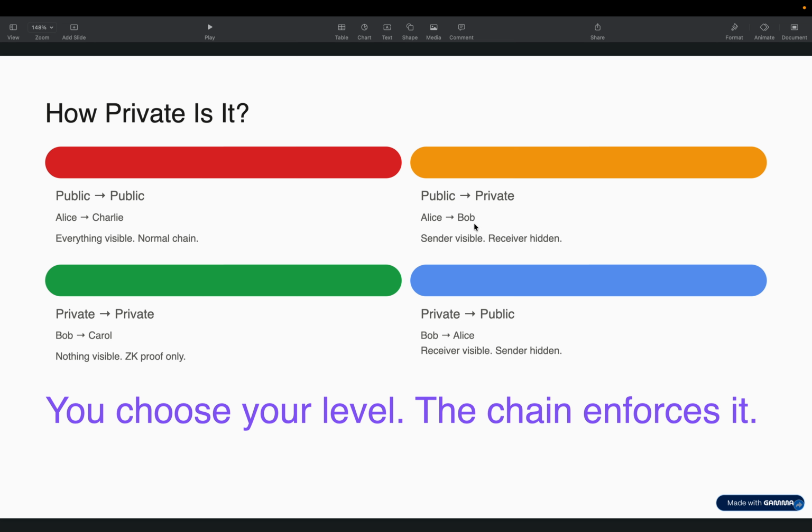Private to private, when Bob and Carol are both private users: whenever they send money to each other, you can check the transaction ID, but there will be no sender or recipient. And of course, the same goes for private to public transfer, in which the receiver, Alice, is visible, and the sender is hidden. So you choose your own level, how you want to use your public features or private features.